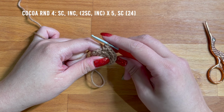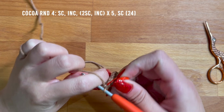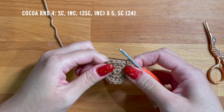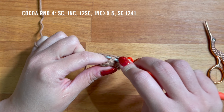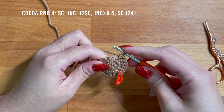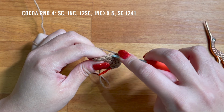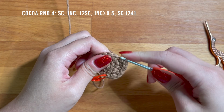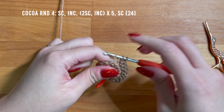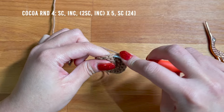And in that final stitch, we're just going to work 1 single crochet. So 1, increase, then 1, 2, increase. So 1, 2, increase. 1, 2, increase. 1, 2, increase,